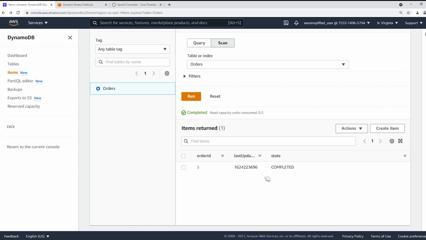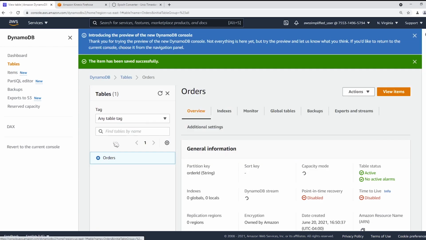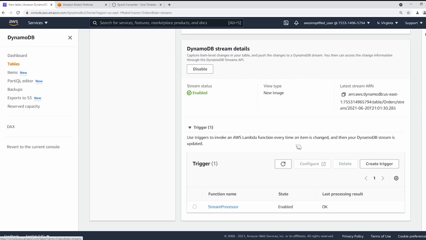Okay, so let's go to S3 now and figure out, did this whole thing work? Is everything being delivered successfully to our S3 bucket? Before we do that, actually, we can go back to our table and see if our stream is behaving correctly by going to exports and streams, and we should have an indication here. Okay, so the stream's last processing result is okay. If this was an error, like if our Lambda function errored out, you would see something like function call failed here, and it looks like everything is good.